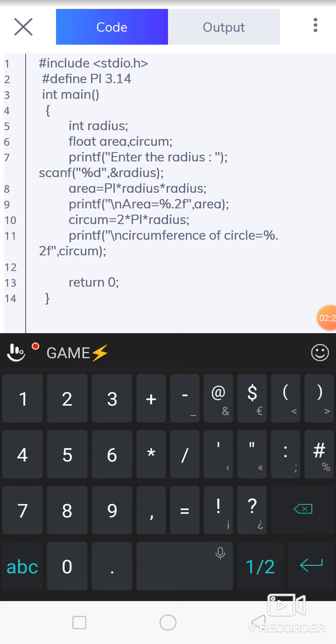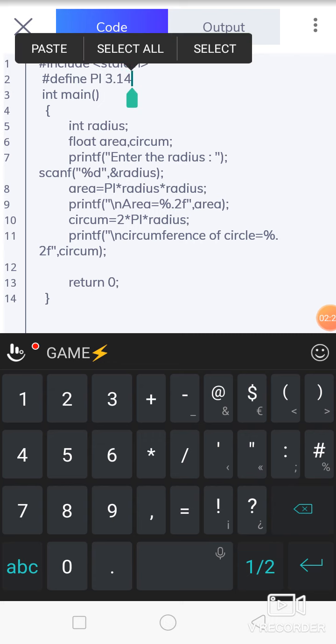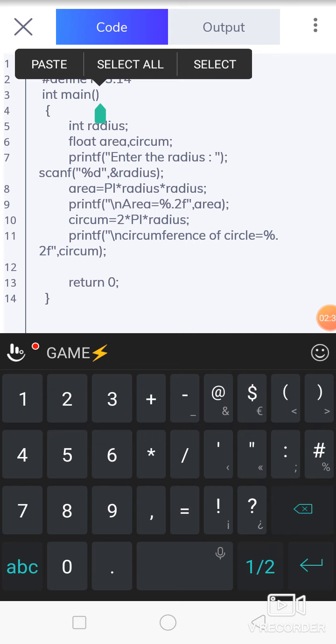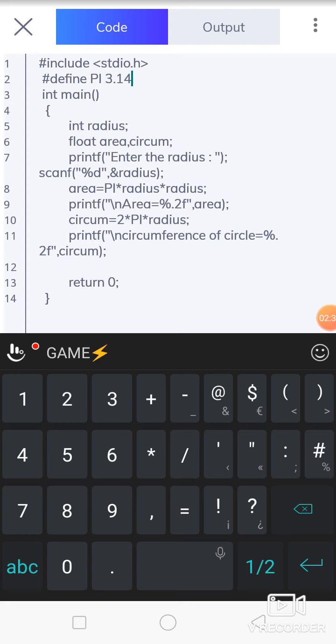Always remember, your constant variable name should always be written in uppercase letters. So define the variable name PI, and then assign the value to that constant which is fixed throughout the program, that is 3.14.